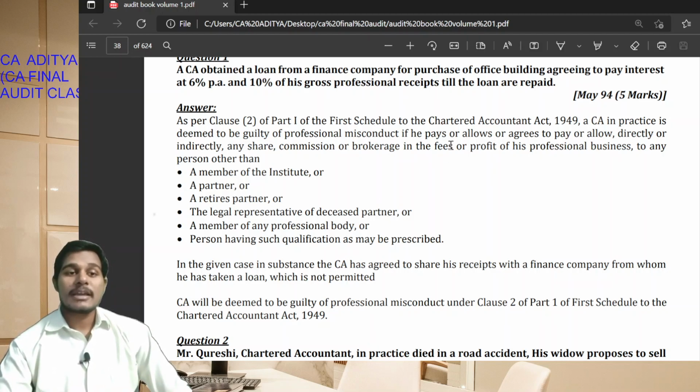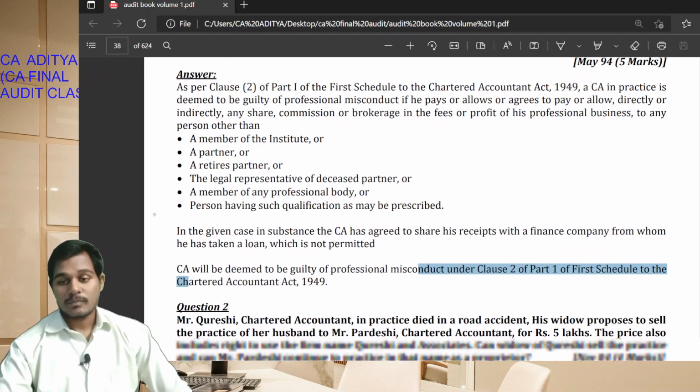In the present case, he has given a percentage to the financing company, which is a professional misconduct as per clause 2 of part 1 of the first schedule to the Chartered Accountants Act. The CA will be deemed to be guilty of professional misconduct. Okay students,